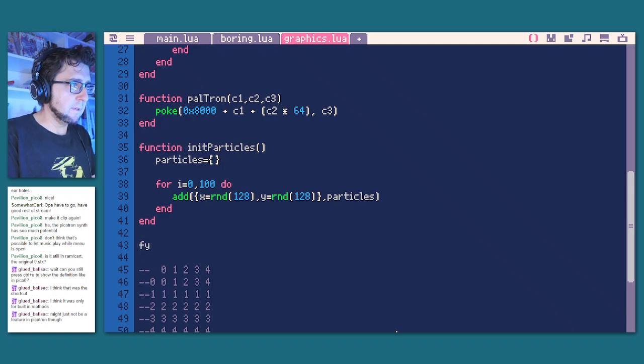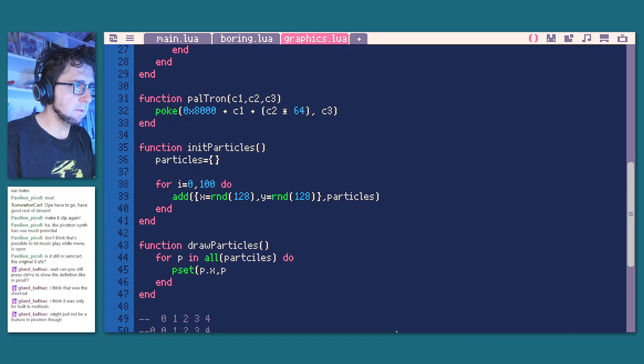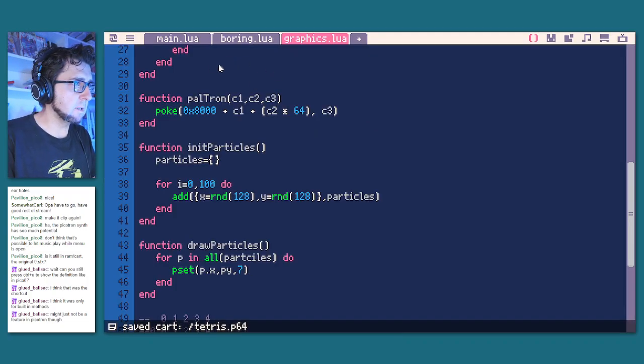And then I'm gonna go find another function. Draw particle. It's gonna be for p in all particles, p set let x be at y7. Just for now, just so we can see something. Right, and then we need to